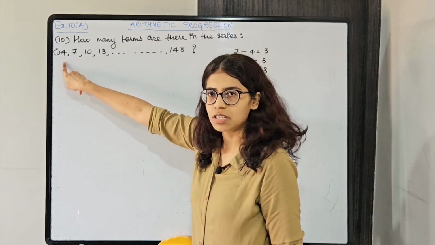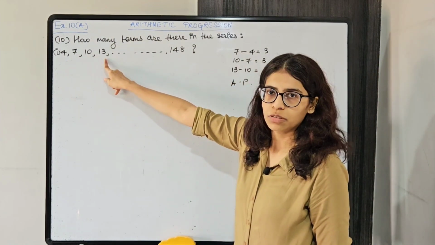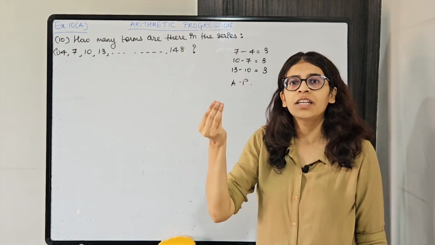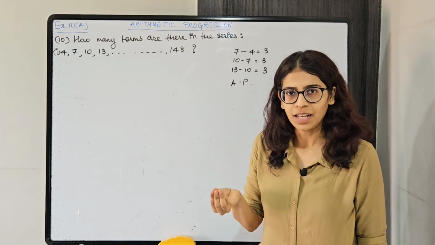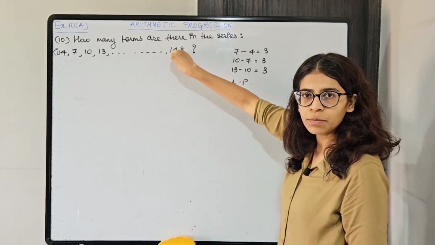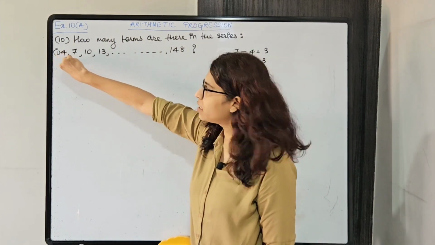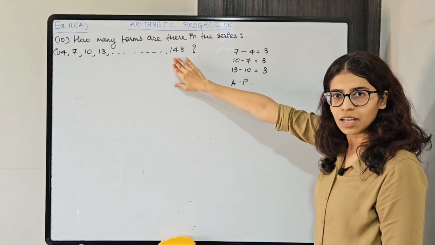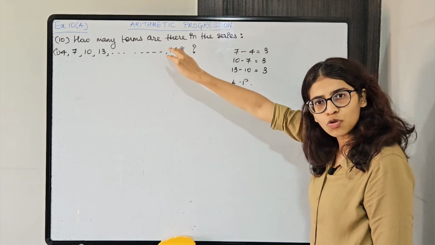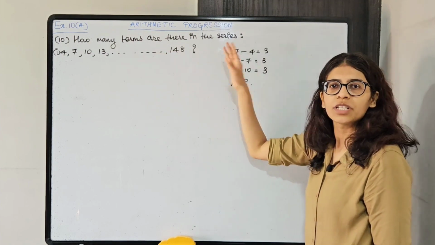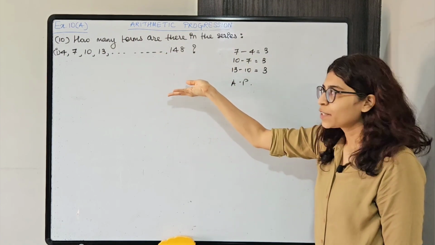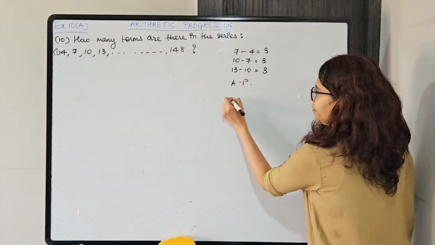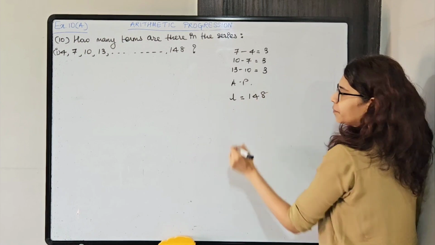We know this is first, this is second, this is third, this is fourth. ये last term है. So इस last term का number क्या allotted है वो नहीं पता है. Right, so इसका n वाला value मुझे नहीं पता है. मुझे पता है n is 1, n is 2, n is 3, n is 4, but इसका n वाला value मुझे नहीं पता है. So this is the last term, so इसका जो भी n वाला value होगा, that many terms are there. So इसका n value मुझे find out करना है. I know this is the last term, last term is denoted as l.